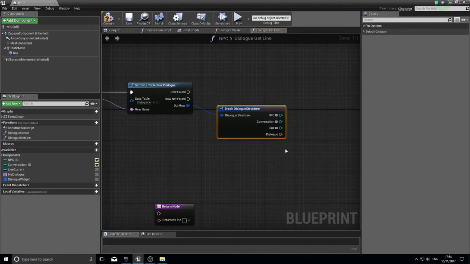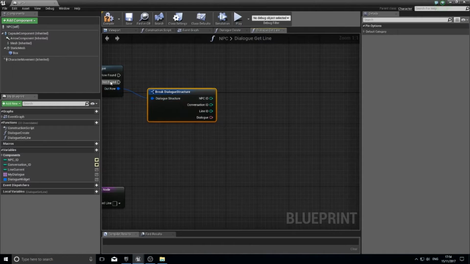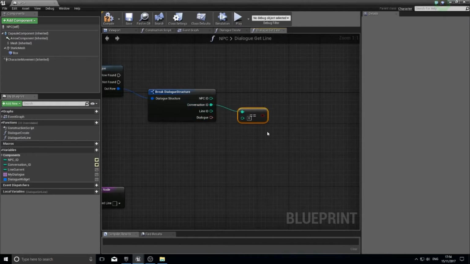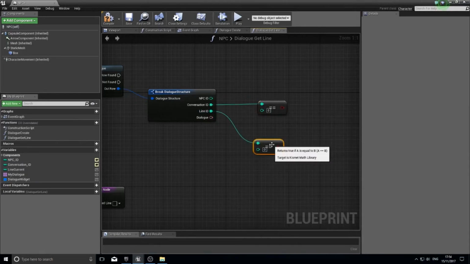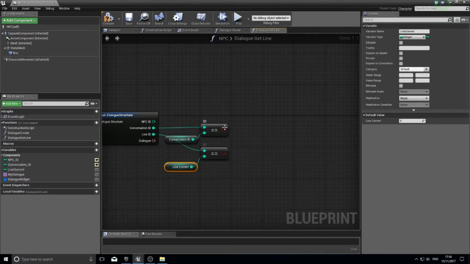So now we've got the row of the NPC. So we don't need to check the NPC ID here now. Now we just need to check the conversation ID and the line ID to the current line, and then save this line of dialog as an output. So what we do is we come out of conversation ID and do equals equals, and line ID do the same, equals, and you want to plug in our own variables for that our NPC has. So choose get for conversation ID, plug it in, line current, plug it in, and then hook these two Boolean